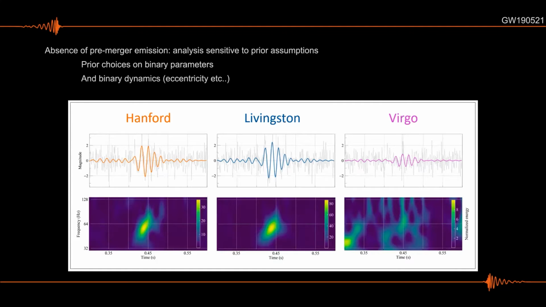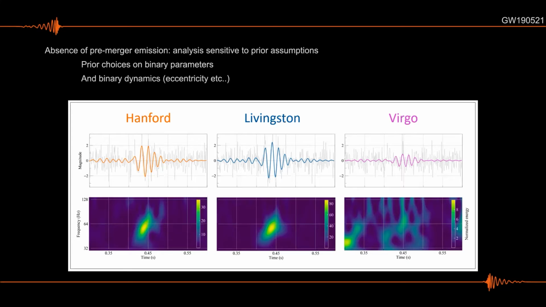You see that this looks nothing like what I showed before. This is a very short signal. You see what looks like a merger, and you don't see anything before it. So you don't see the in-spiral process. As I said, this can happen because of one reason: the event is too massive, and therefore the frequency of the in-spiral signal is too low to be observed by